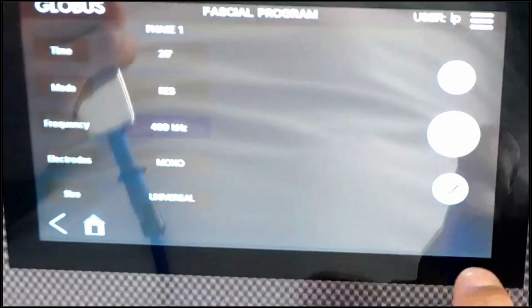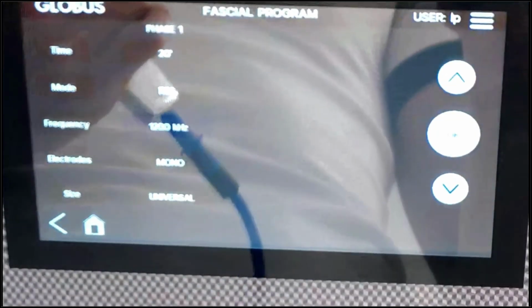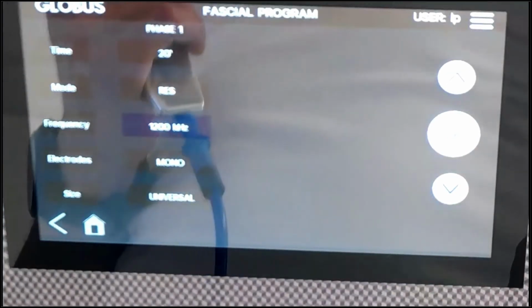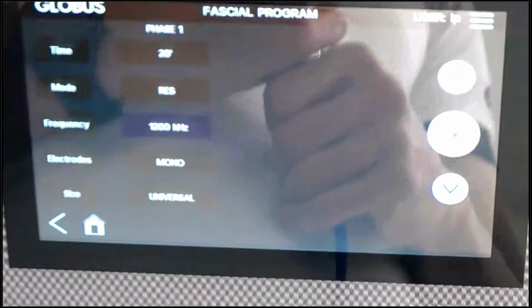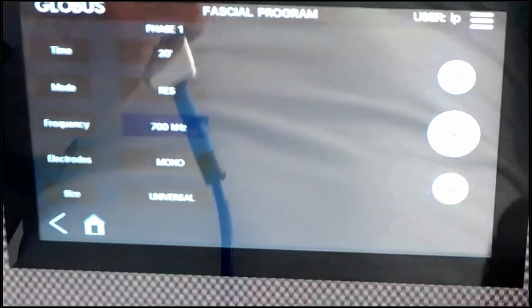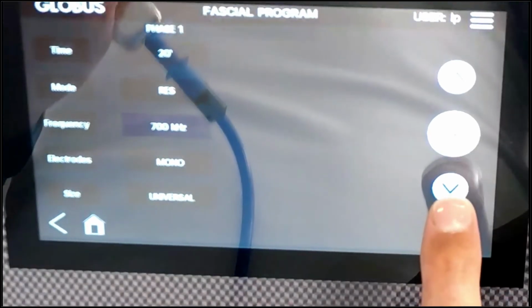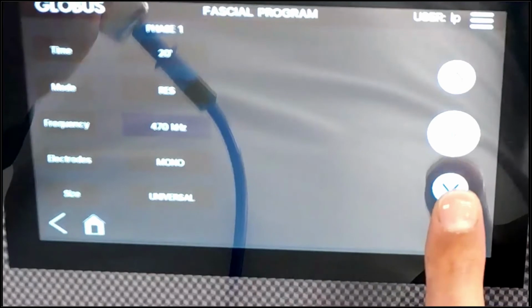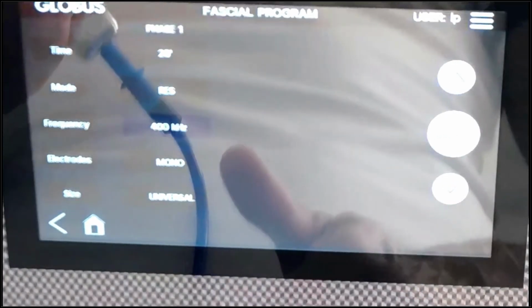So I can choose 400 kilohertz if I want to treat the deeper tissue, or 470 or 700 if I want to stay more superficial. For tendon purposes I would not suggest the 1000 and the 1000.2 because they are very, very superficial. They could be a good idea for treating some problems with scars, more in the epidermis layers. But if we want to treat tendon pathologies, we can move from 700 or deeper, 470, or deeper again with the 400.